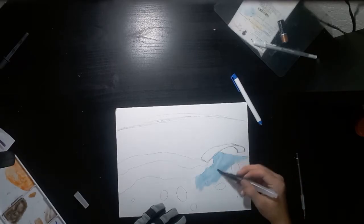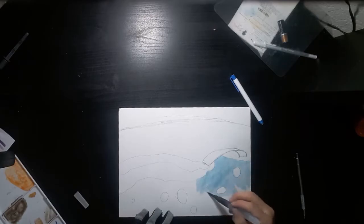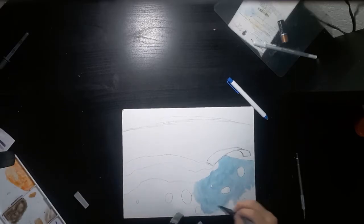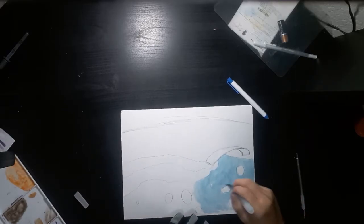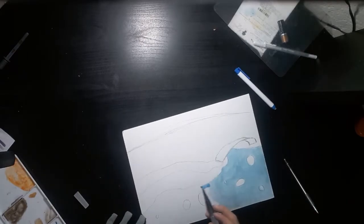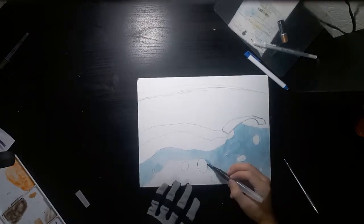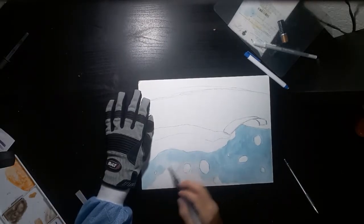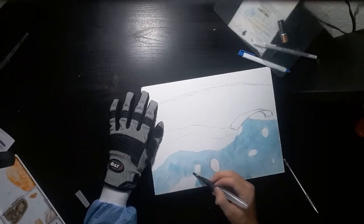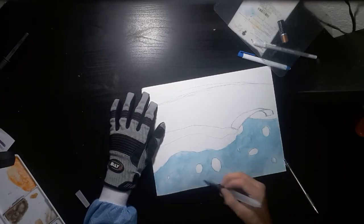And the Yooker's pen works pretty well, but it dries out even when capped. So if you leave it for more than an hour without using it, then you have to suck on the pen, and then it kind of breaks the pen, but then it starts working, and you have ink all over your mouth, and it tastes bad, but it does work pretty well. I got the 0.8 one,